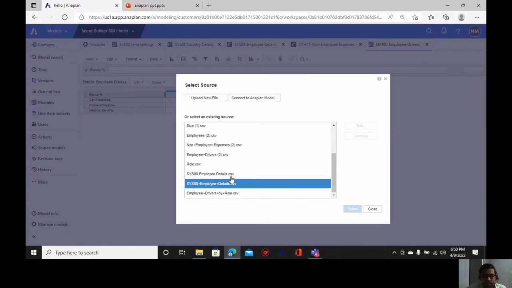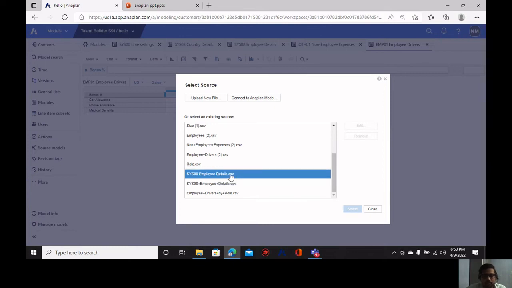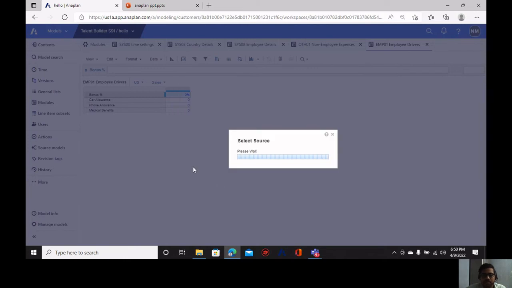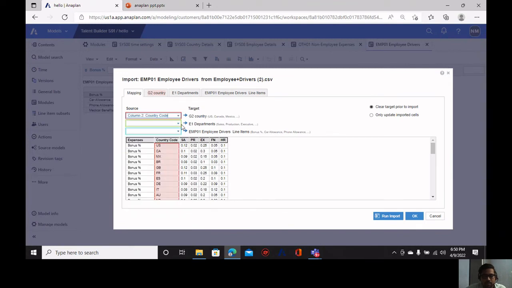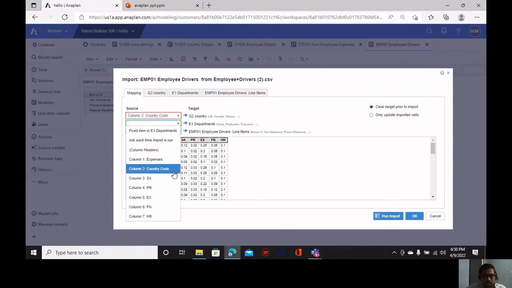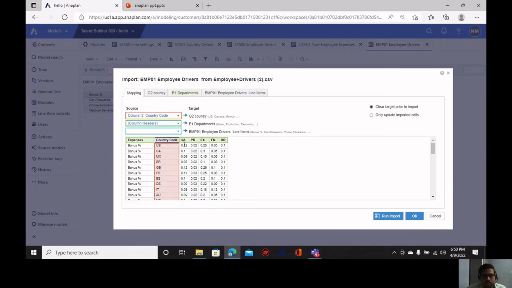This employee drivers data has been taken with the G2 country as country code and department as column headers. Why? Because we can see the different departments in the column headers. Next, we are going to map